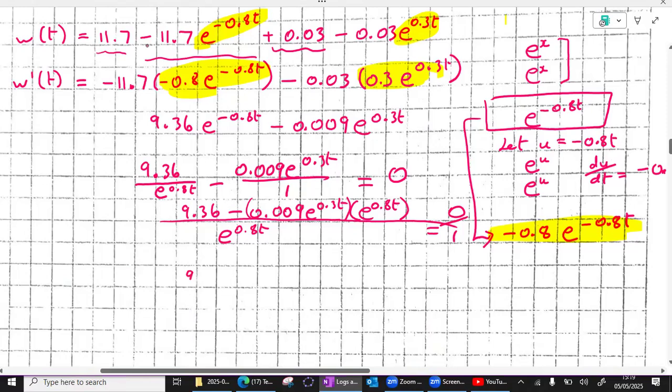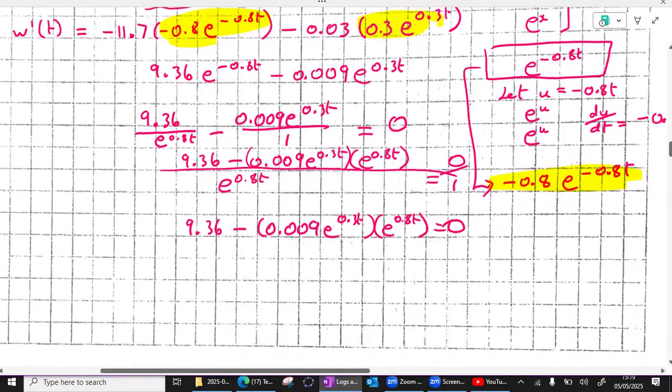So now if I cross multiply: 9.36 minus 0.009 e to the 0.3t, and e to the 0.8t equals 0. Okay, so we're getting quite close. Now, if we have two things with powers, remember the rule: if they're being multiplied, we add the indices. So that's negative 0.009 e to the power of